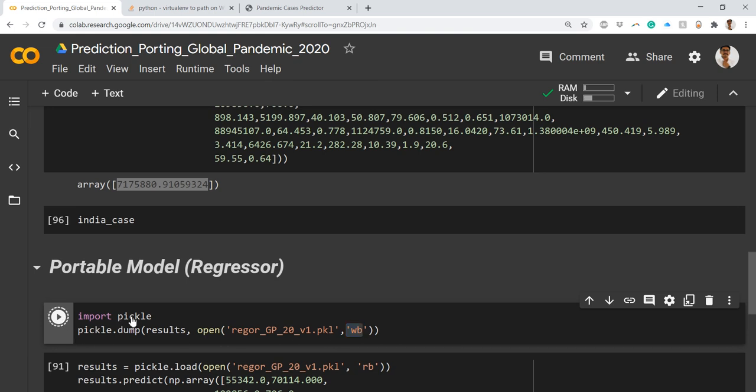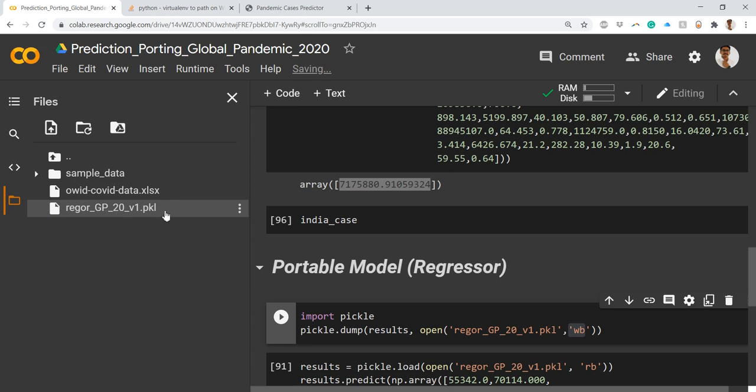If I just go ahead and run this, and look at this part, you can see that it has generated a pickle file which consists of my regression model. Now this particular pickle file is as good as running all of those things which you have done above, that is the EDA and all of those stuff.